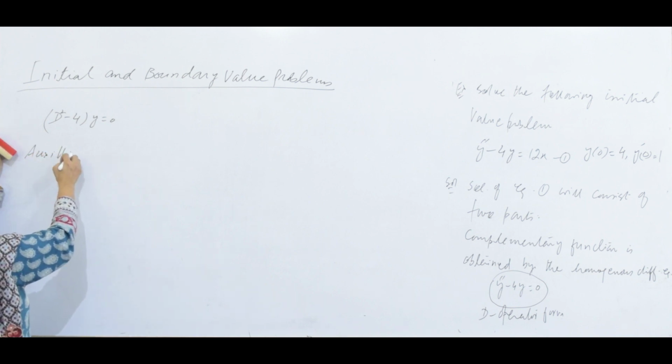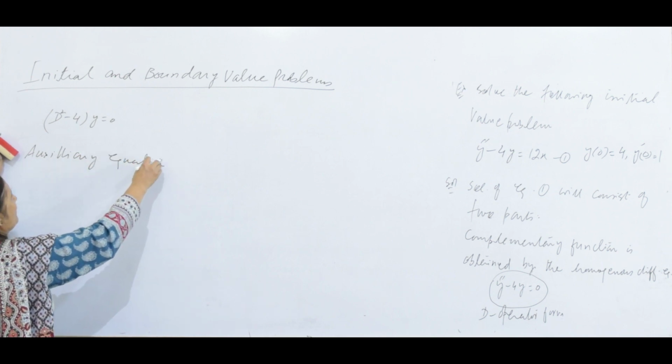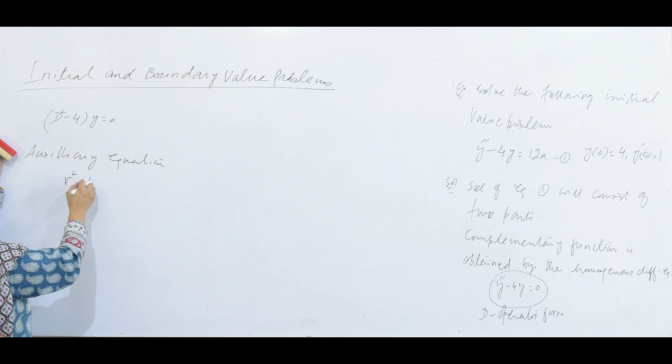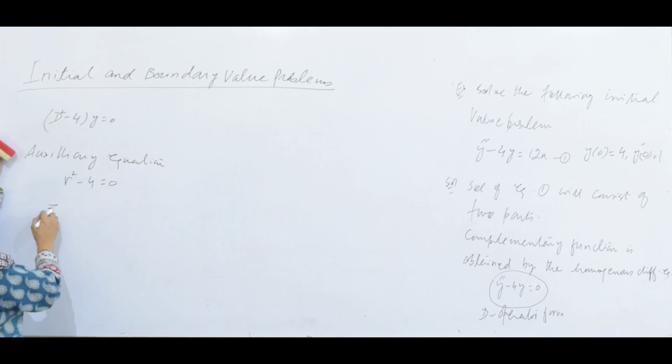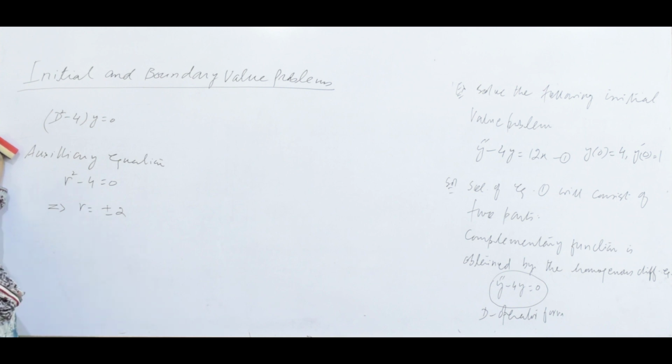So I am writing the auxiliary equation from this step, which is r square minus 4 equal to 0. This is quadratic, the roots are plus minus 2. So if the roots are real distinct, the solution of the homogeneous differential equation